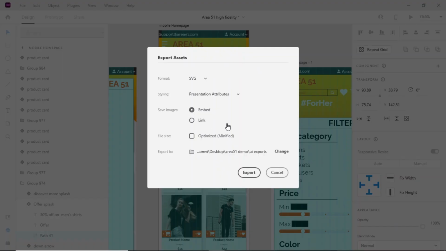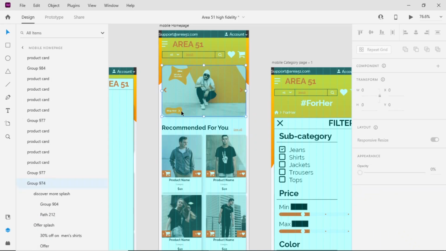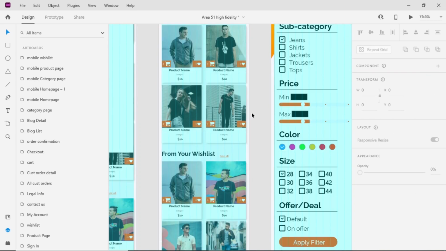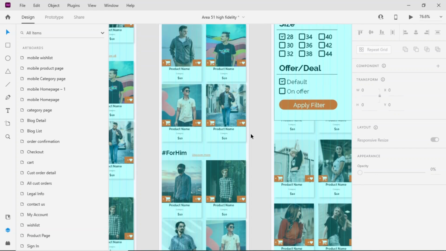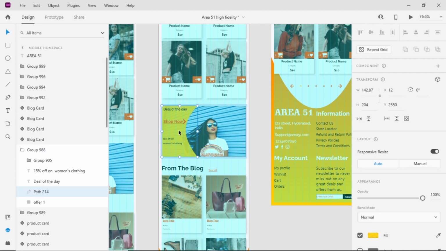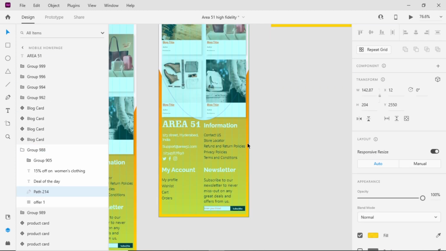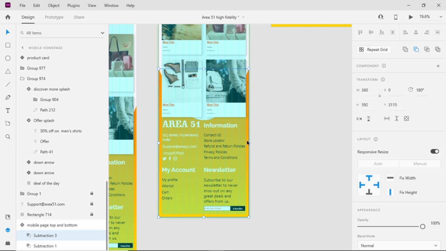I already have them, so I will not download again, but I will tell you what we need to export. We will export the button splash. Then coming down, we already have this in our CSS and HTML, so no worries. After that we will need to export this also, and at last we will need to export the footer background.